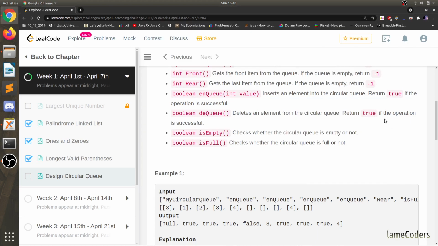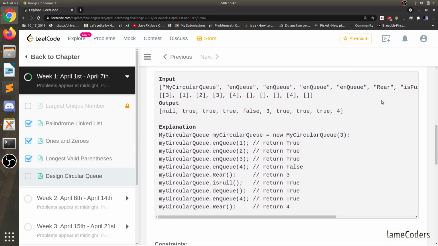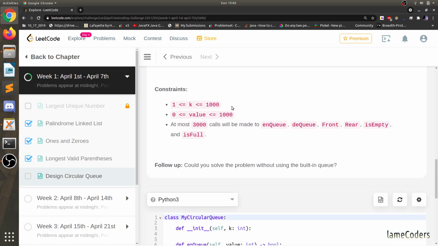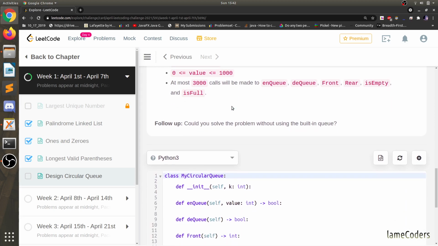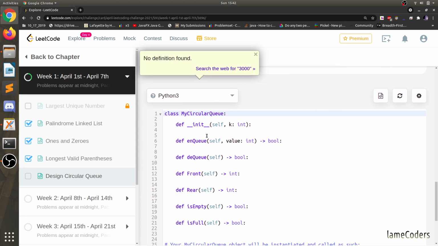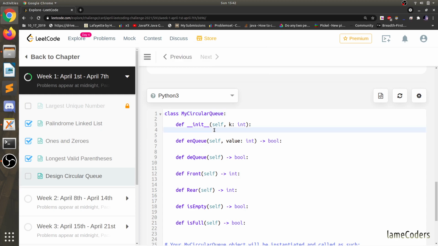Now let's, okay, so k is 1000, value is less than 1000, at most 3000 calls will be made. Okay, so this is our, initially we have to,